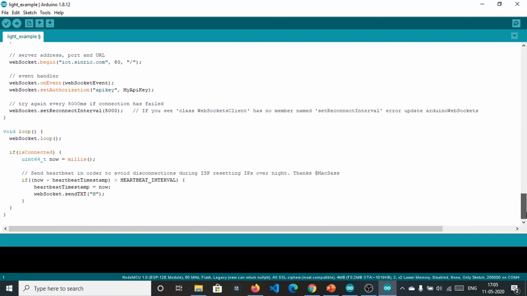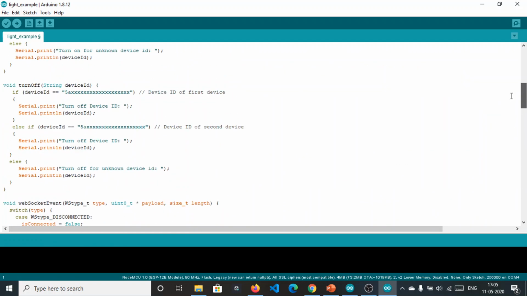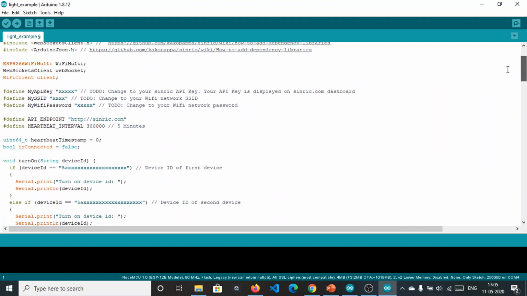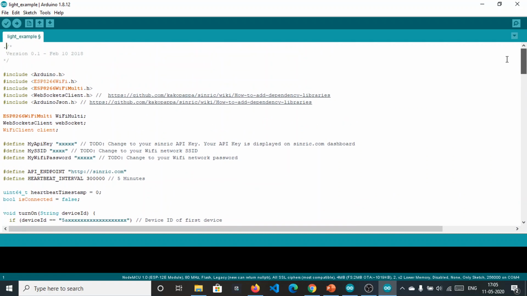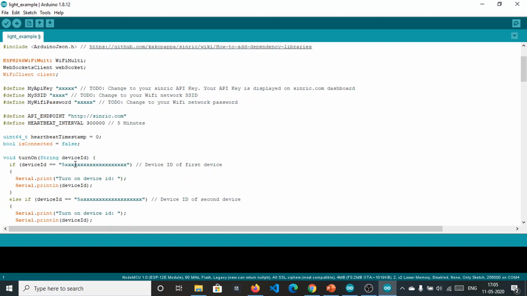All you need to do here is enter the API key, SSID, Wi-Fi password, and device ID. If you want to control the device, which is our purpose, we need that ID.